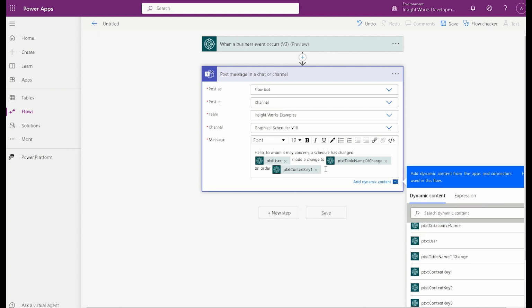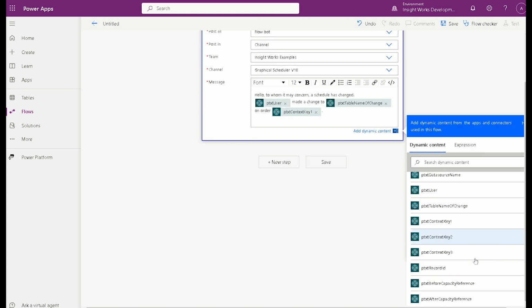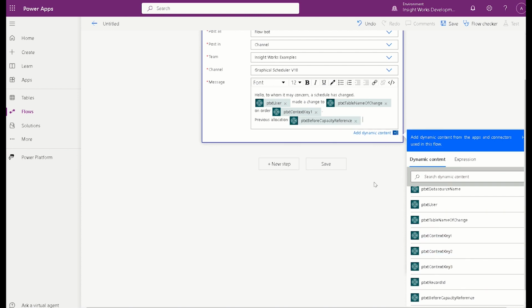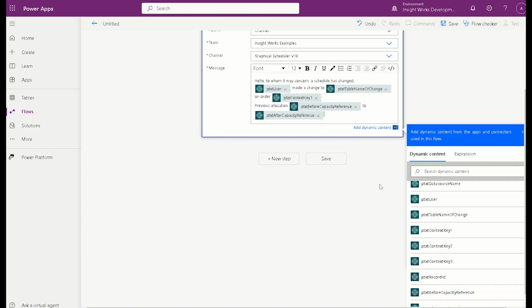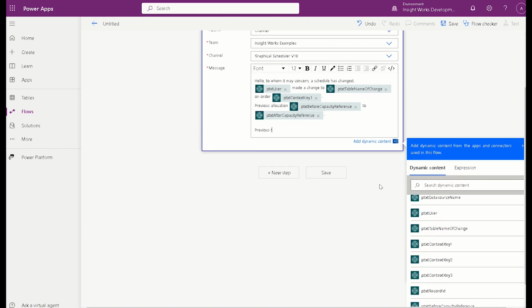Context Q1 is usually the document number for whatever it is that you're changing. And we can say the previous allocation was here to the after allocation. Previous time